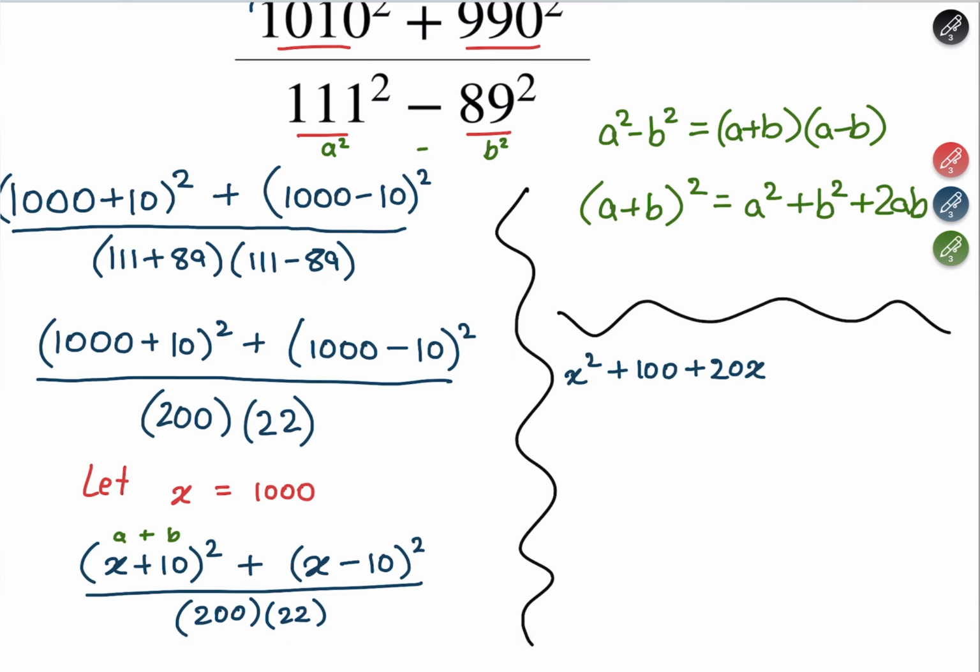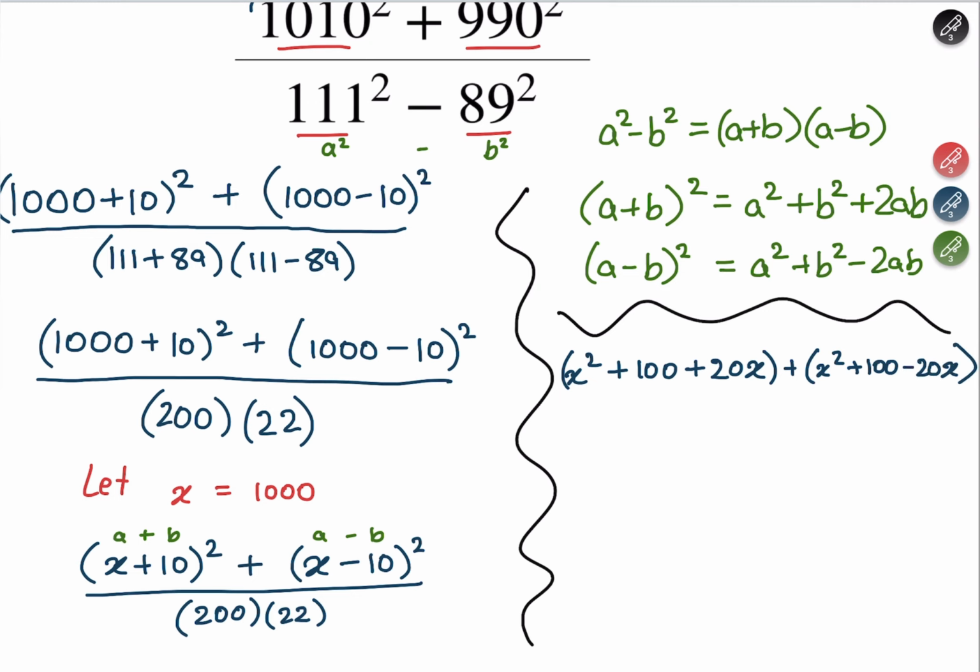Over here, we're going to use a similar formula, which would be a minus b squared. A minus b squared is similar to a plus b squared, except it's a squared plus b squared minus 2ab, not plus 2ab. So we're going to write that down: x squared plus 100 minus 20x. And we're going to keep the denominator the same, 200 times 22. Now we're going to cancel out the 20x because we have plus 20x here and minus 20x here. And that would leave us with 2x squared